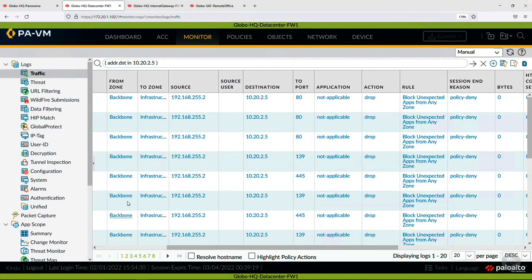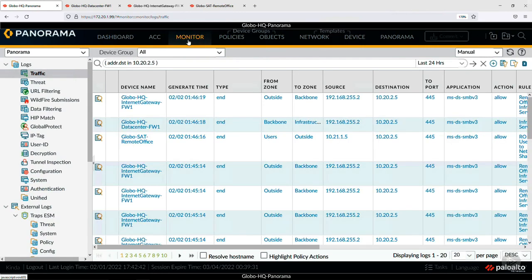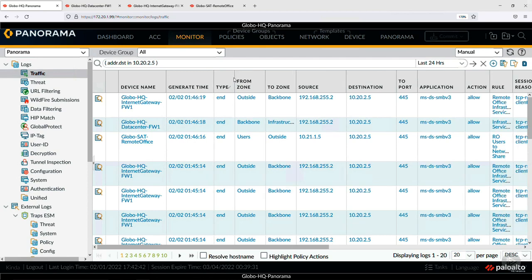Okay, let's navigate back to Panorama so we can take a look at these logs. Go back to Monitor tab. All right, that looks a lot better. Let me go ahead and collapse this a little bit so we can see all the information we want to see on one page. Okay, with the Global HQ Internet Gateway Firewall, we can see that that rule was allowed